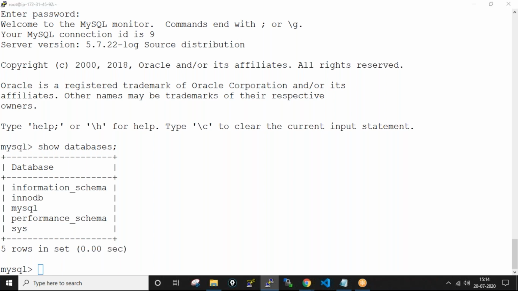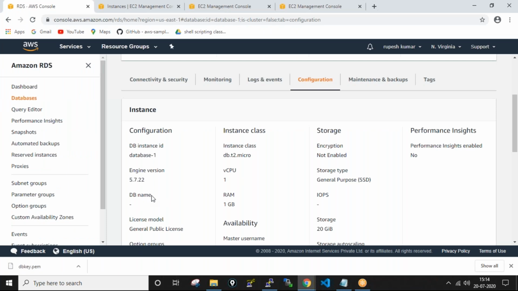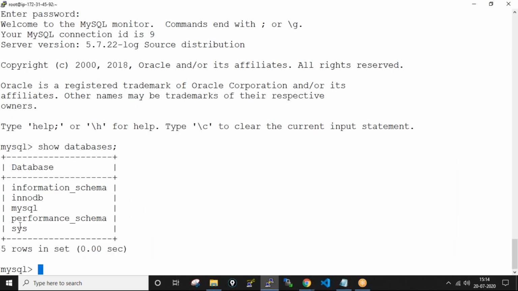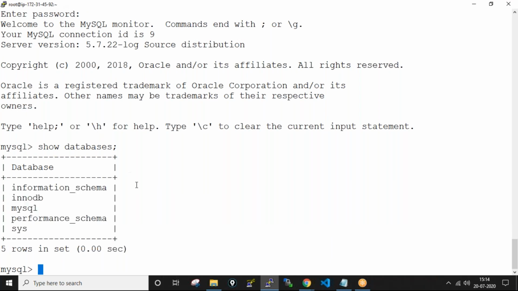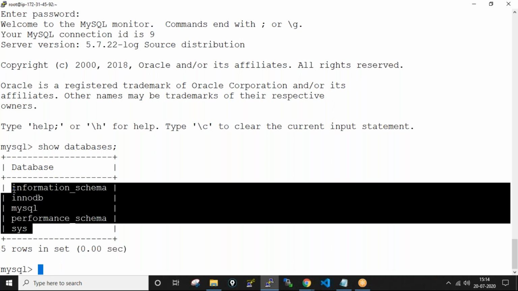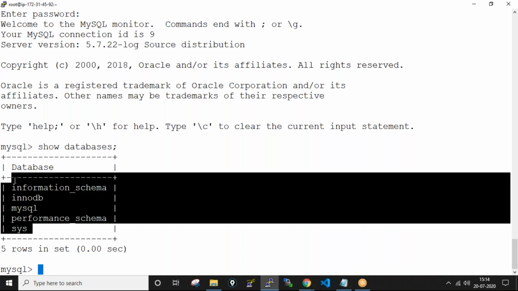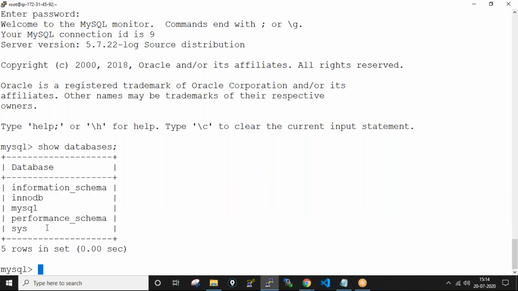While creating databases, for the first database I have not given the database name. For the second database I have given the database name, so if I connect to the second database, I will get the database name here. How do you know which is the first database and which is the second? By using the endpoint. We have given the first database's endpoint and we are getting the default databases. Whatever databases it has will be shown. It is not having any created databases. If you want to create a database, you can.